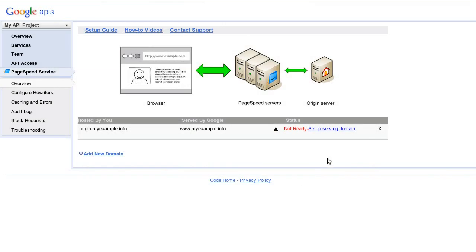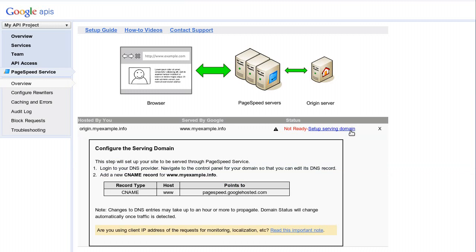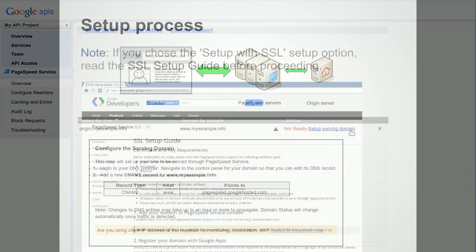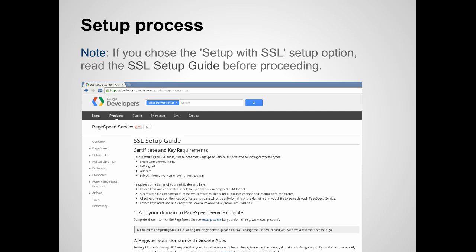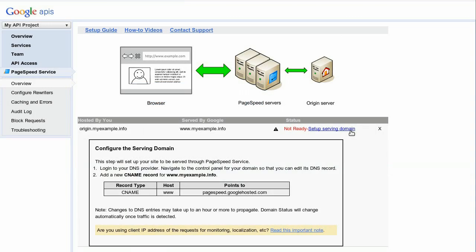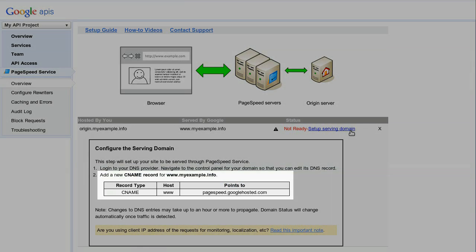Click on the Setup Serving Domain link to get detailed instructions. If you chose the Setup with SSL Support option, you'll need to first follow the instructions in the SSL Setup Guide to upload your site's digital certificates. You'll find a link to the guide in the console instructions. Since we chose the regular setup option, we'll need to add a CNAME type DNS record with the host www that points to